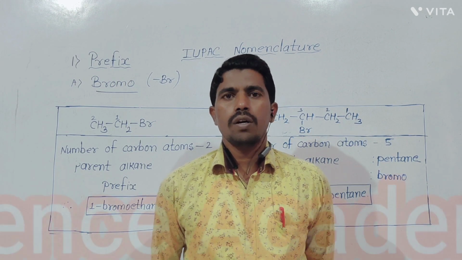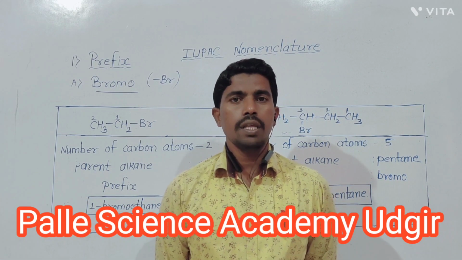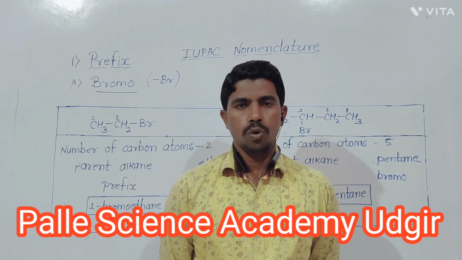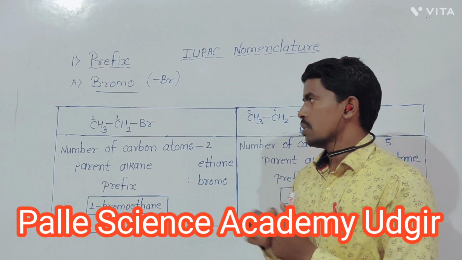In the previous class we have seen the nomenclature system of carbon compounds, and in that we have seen chlorine. Today we will see bromine. Here is the first example of bromine, that is